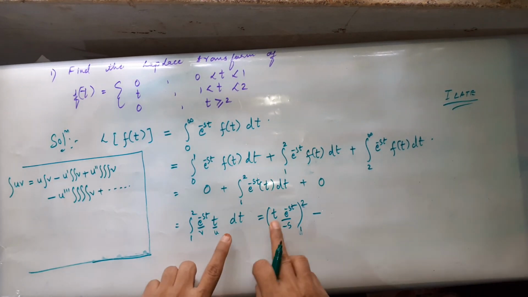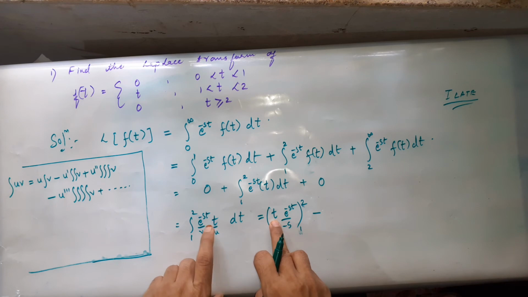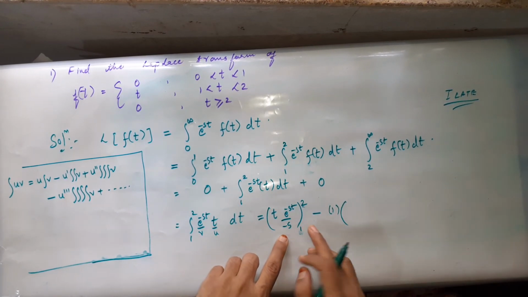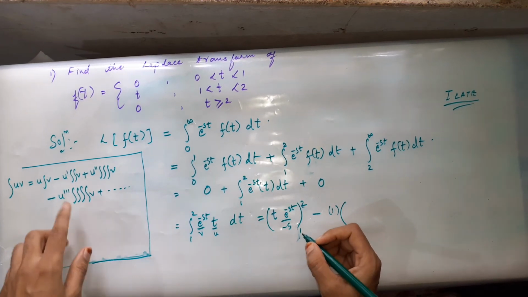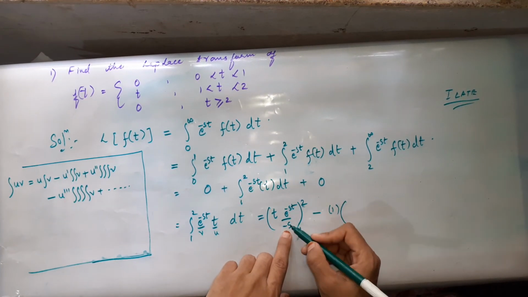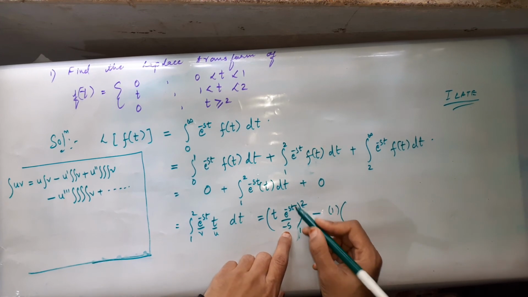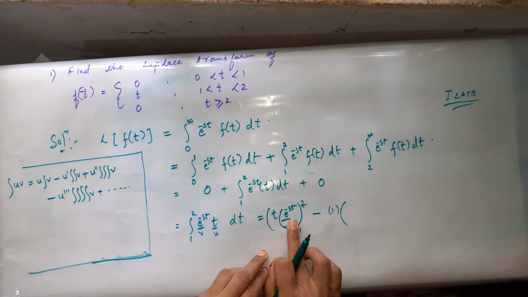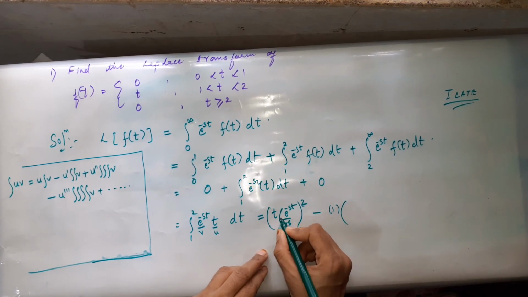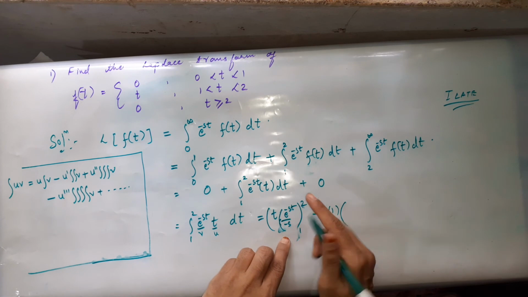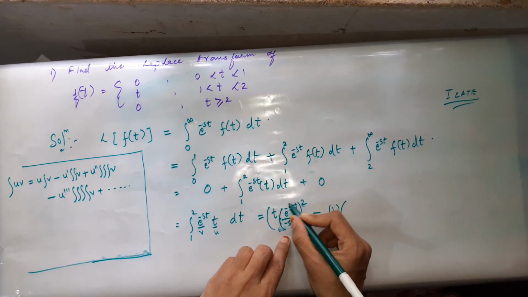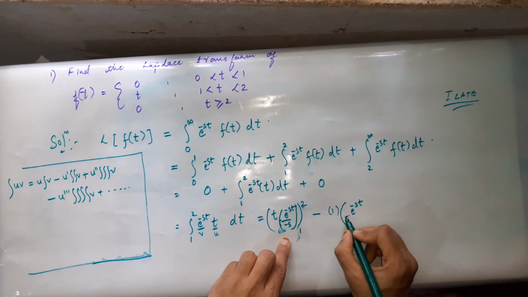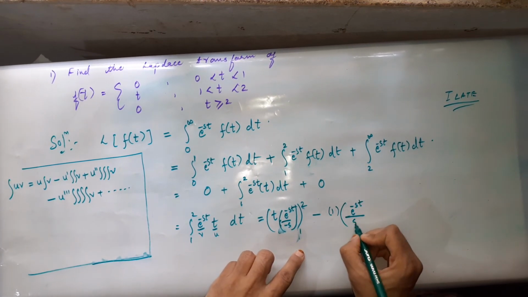What is the derivative of u? It is the derivative of t. The derivative of t is 1, is it? Now the double integration of v. You have already integrated v once here, right? So you integrate once again. Sorry, here it is minus s. Whatever you have written in this bracket, you are going to integrate once again. So what is its integration? It is e to power minus st divided by minus of minus, plus s square, you get.